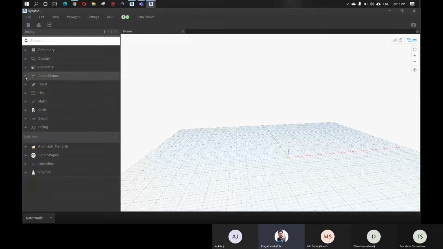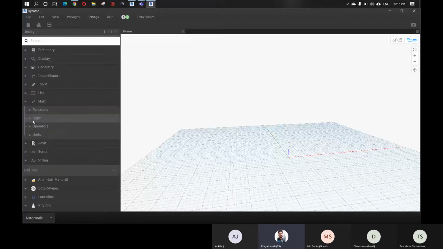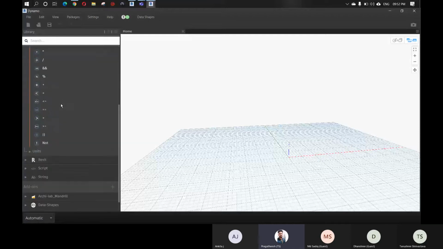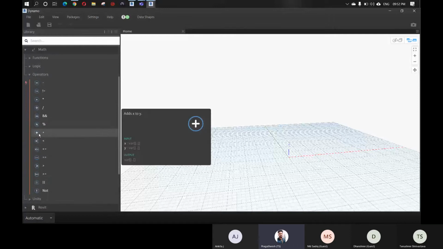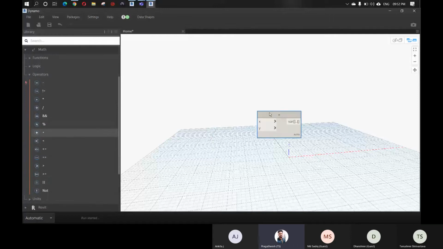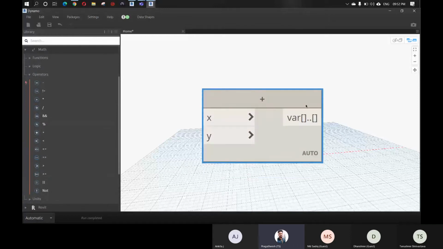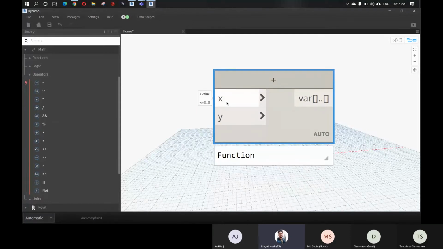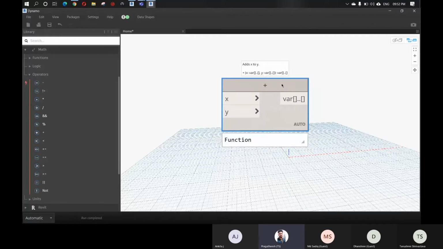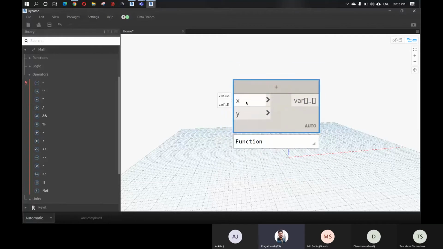So for next time, I'll just use a basic node. You can use some mathematical operation, like addition. What you're seeing here is a node to perform the addition operation. What you're seeing on the left is the input. So x is an input, y is an input, and here is a variable that is an output. In order to perform this addition operation, you need a value for x and y, right?